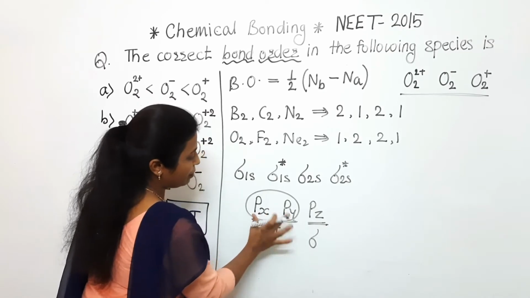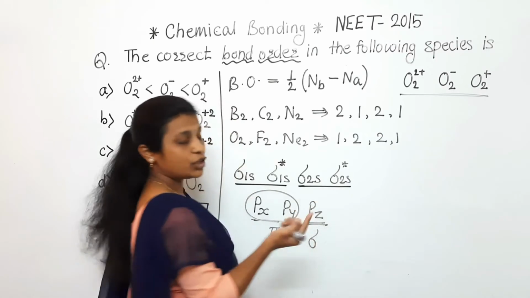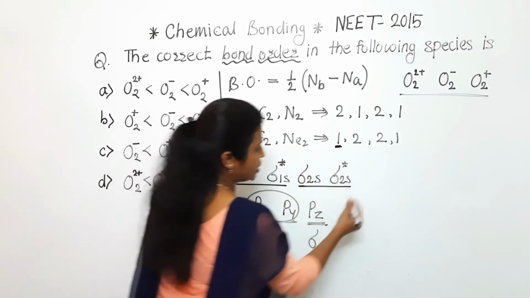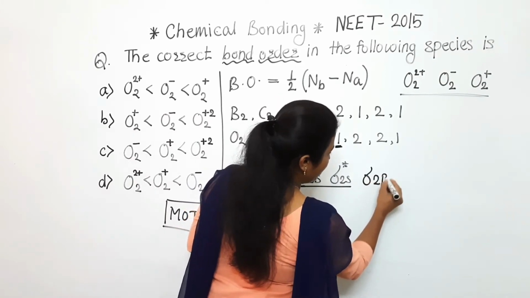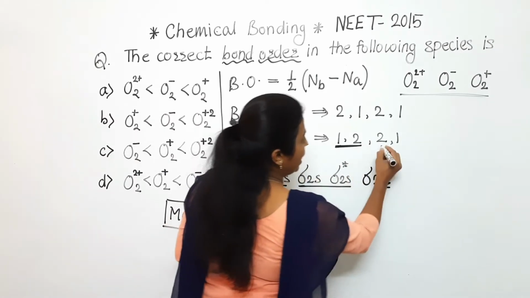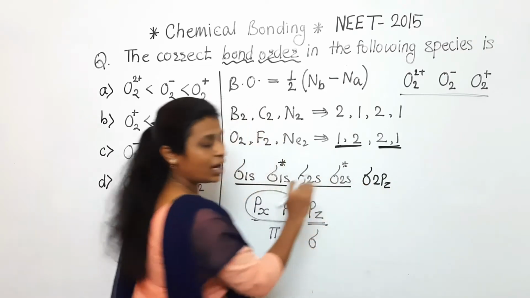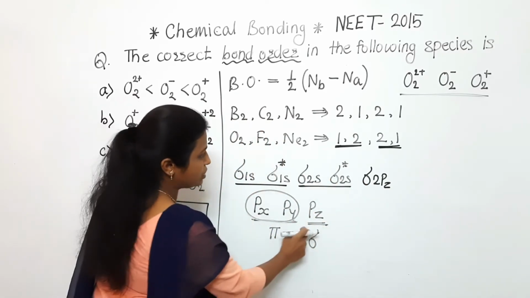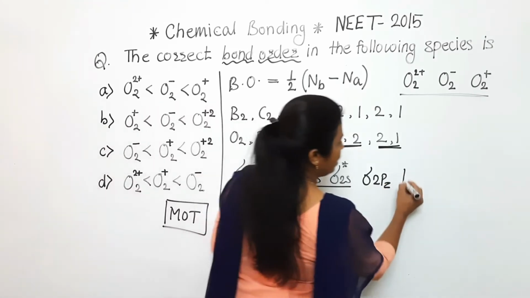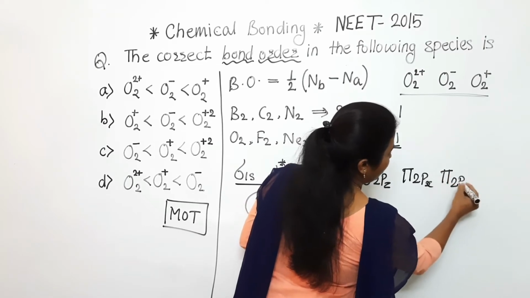So what will happen now? See here, we have completed that starting part. After that 2p will enter. So here 1 firstly we have to write, means here sigma 2pz will come. Clear to everyone? These are the bonding and these are the anti-bonding. That's why here we are taking without star. Now see, after sigma 2pz, whose number will be there? That is of the pi 2px and pi 2py.